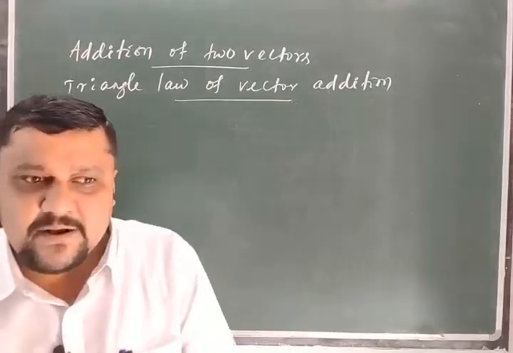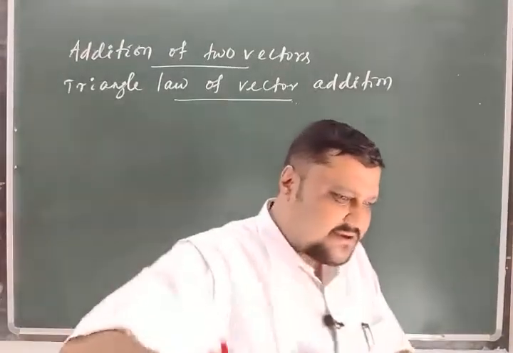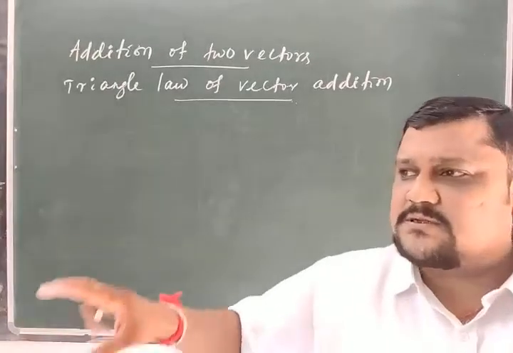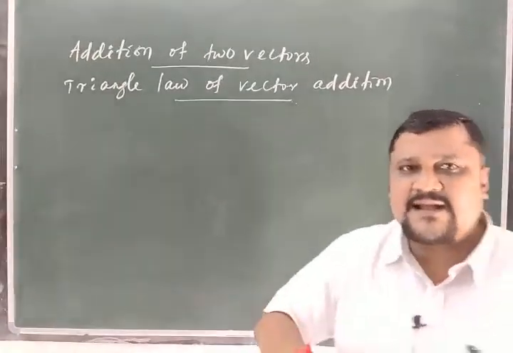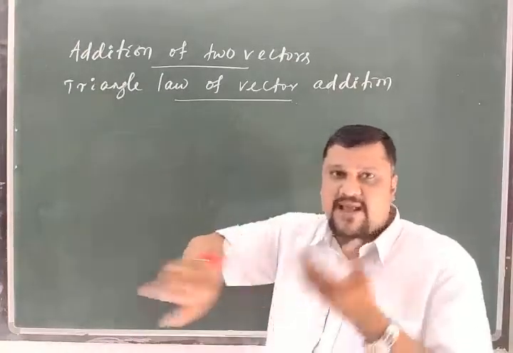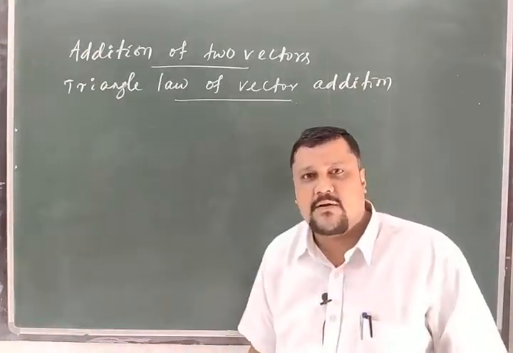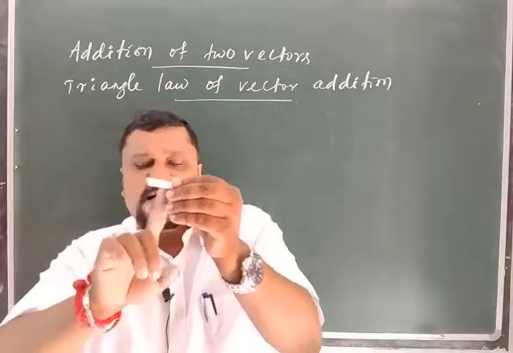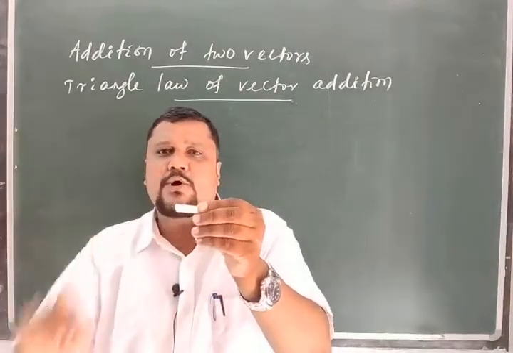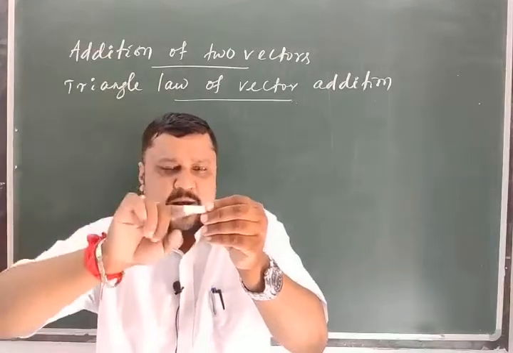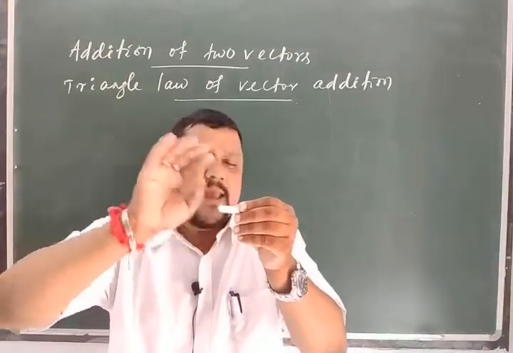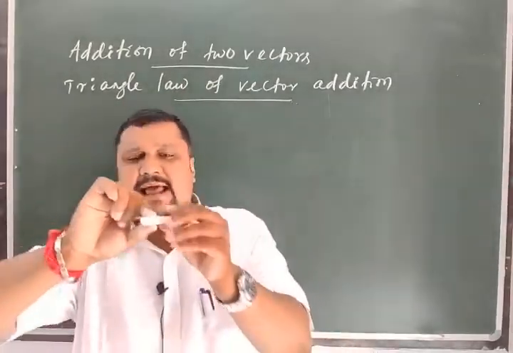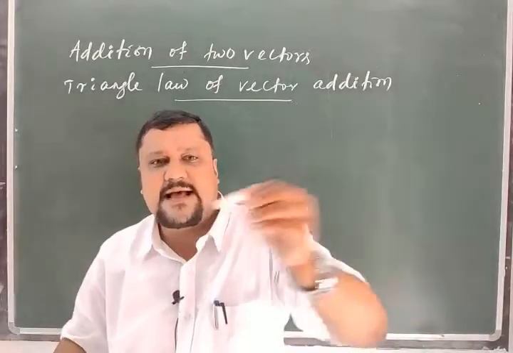And what is this resultant vector? When the two vectors act on a body, they give an effect because of the combination of the two vectors on that body. And if you apply the resultant, you will get the same effect in the body. It means if I apply 2 Newton force on this body and again I apply 3 Newton force on this body, in the same direction, suppose, the body moves.